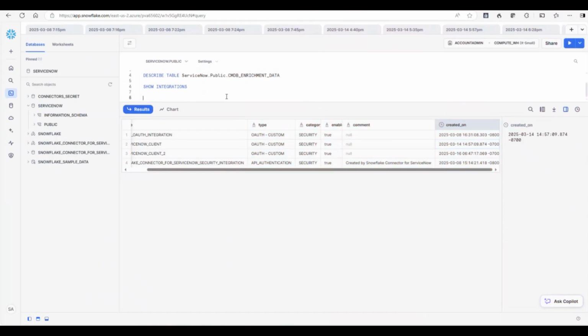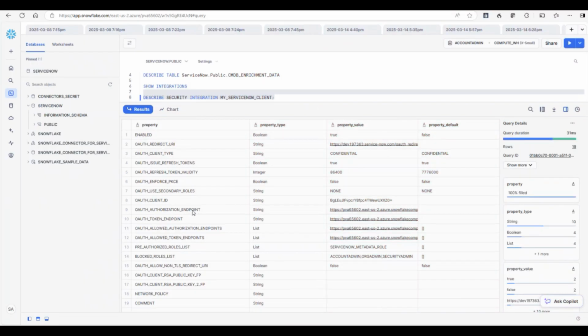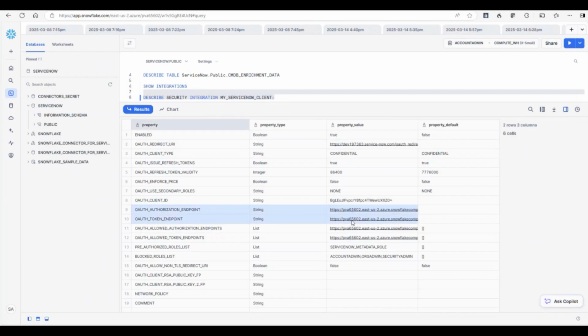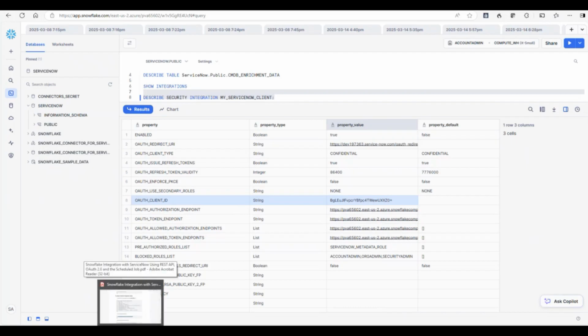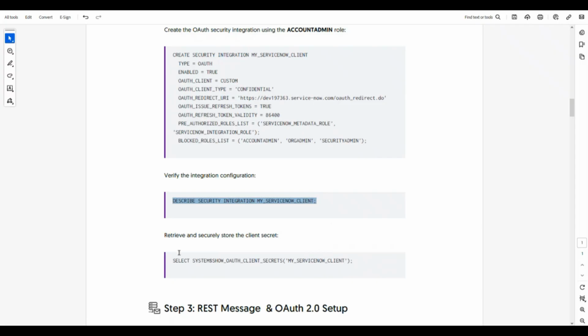So this is the query which you need to run, describe security integration, my integrations, and this is how you can see this is our OAuth endpoint, the token, and this is our client ID. So this information, we will be using it on our instance. So please run this query, get the information, and then copy it and paste it somewhere safely for your future use. So this is done, and then we have to retrieve the